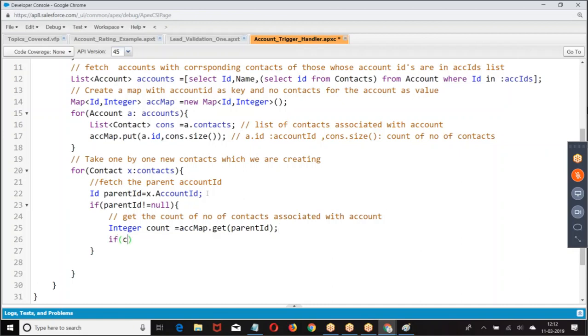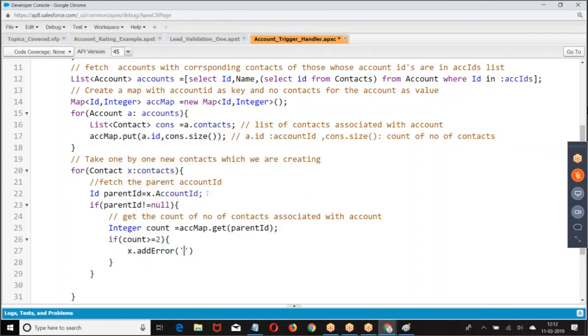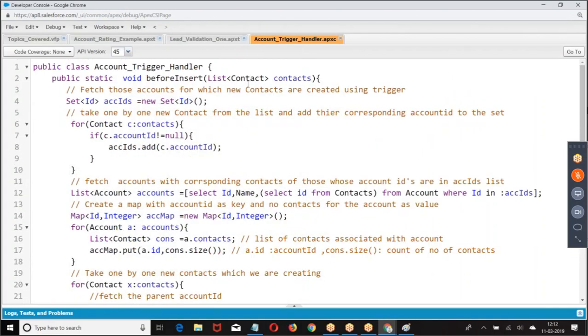Then if count is greater than or equal to 2, then what we are supposed to do? x.addError. I hope you are good with this now. Clear? Right. Okay.